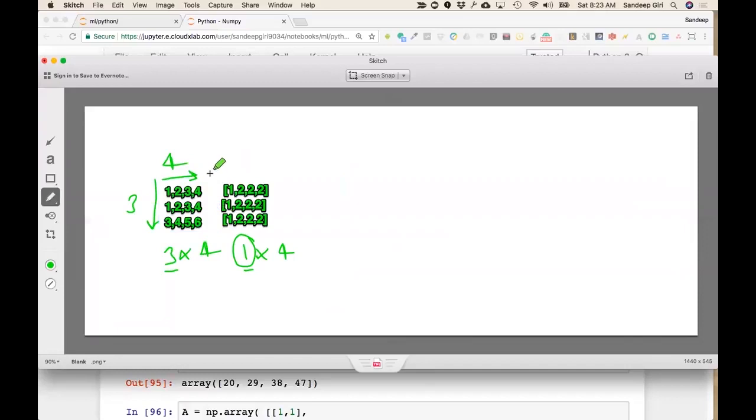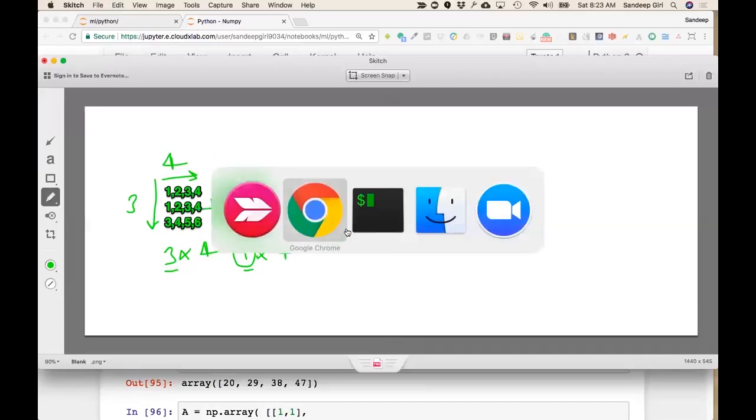If we are adding these two, let me just add it somewhere else and then move from there to here. If you're adding these two. All right, so I hope the second rule of broadcasting